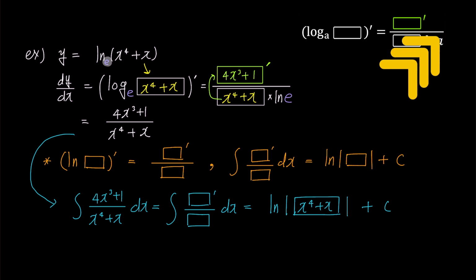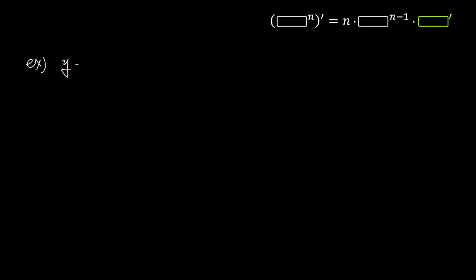In the next example, we'll explore a slightly different case of differentiating logarithmic functions. Let's differentiate y equals log base 2 of x to the power 4. Before directly differentiating, there's something we need to consider. This function has an exponent of 4, and before applying the derivative of the logarithmic function, we need to use the power rule to differentiate the outer exponent first.